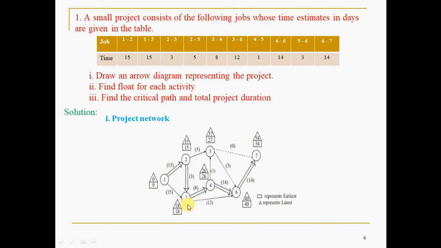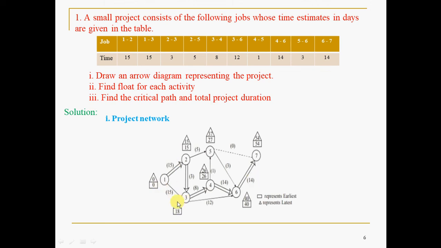Now you have reached 2. You are coming back like this: 7, 6, 5, 4, 3, 2. You have to reach 1. You can reach 1 in 2 backward paths again: 2 to 1 and 3 to 1. If you come back from 3 to 1, 18 minus 3, that is 3. If you come back from 2 to 1, 15 minus 15, that is 0. Whichever is least, you have to use that. So 15 minus 15, 0. 18 minus 15, you can do rough work.